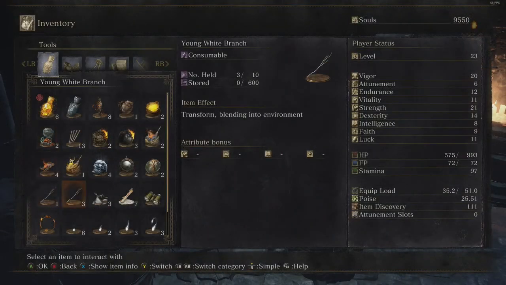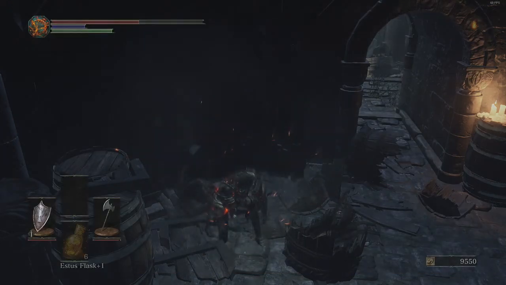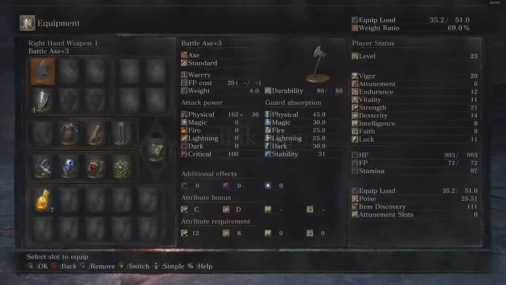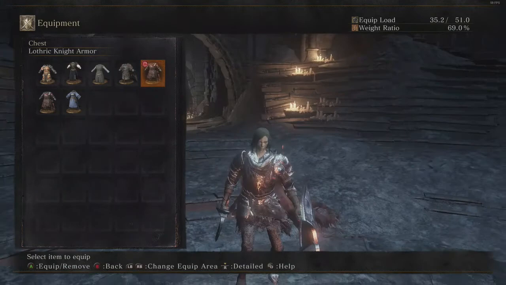Alright, let's go and use this rubbish to go back to fighting. No, let's go back to fighting. And, is there anything I need to spend my souls on? I don't think so. I do have a new armor set there. Well, I have a couple of them, but...